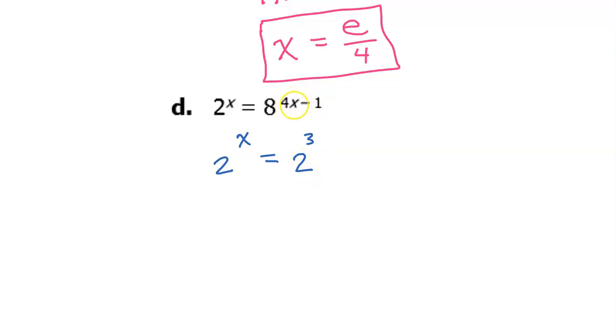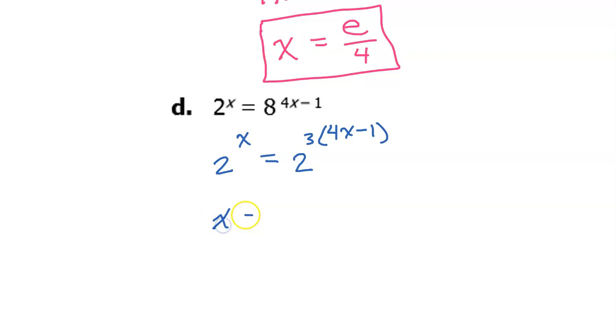But you see we have this exponent of 4x minus 1 up here. Just go ahead and put that in parentheses. Okay, so these are now being multiplied. If you have two expressions that have the same base and you set them equal to each other, that will only happen if the exponents are also equal. So logically,